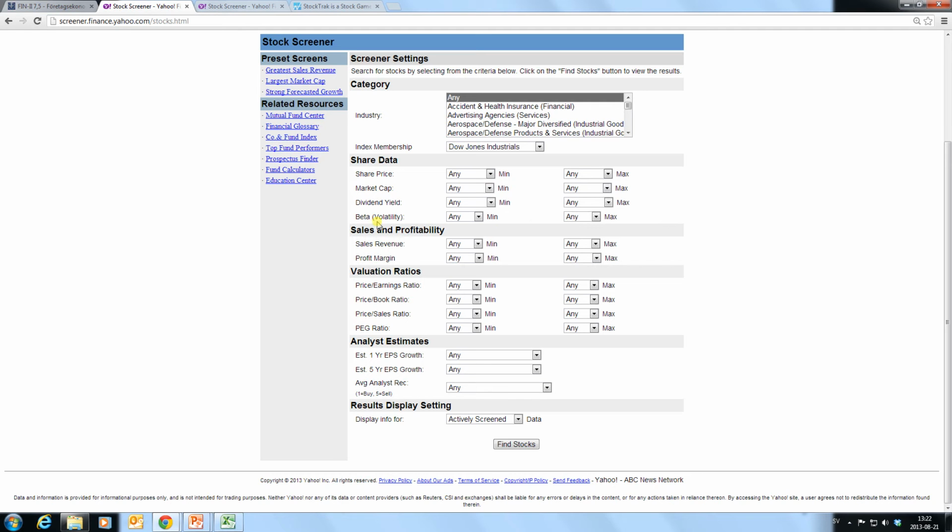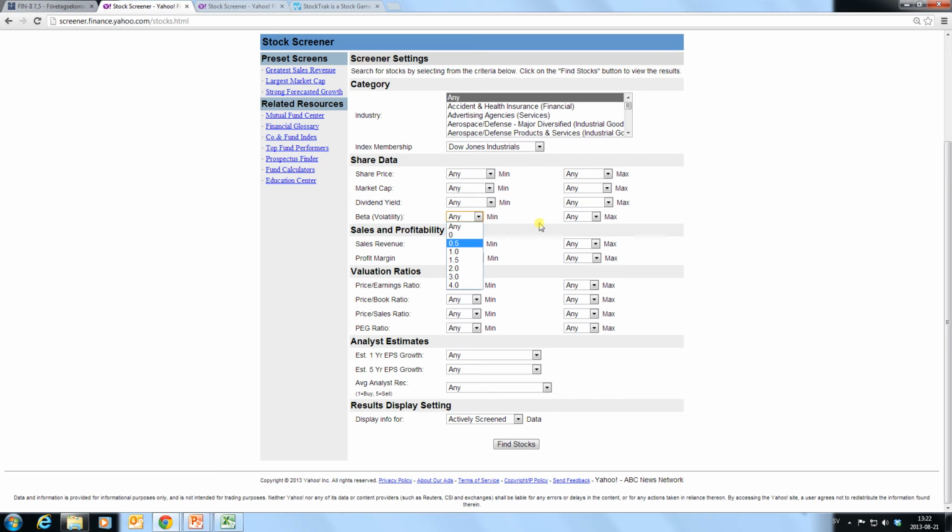Maybe I would be interested in purchasing stocks with a high or low beta. As you might remember, the beta measures the market risk that the company is exposed to, or at least the share is exposed to. And then maybe I would like a high beta to have a high risk and hope that the market is doing well, which should mean that my company is performing extra well. Or maybe I would like a low beta in order to not have such a high risk in case the